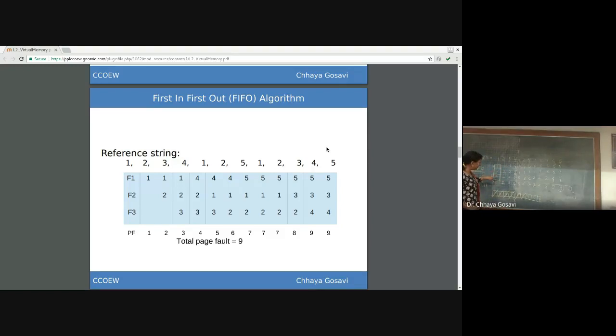Frames are initially free, but still these are page faults because whenever memory is referred, the page was not found here. It has to be brought from secondary storage. That's why it is a page fault. When we find the page in main memory, like here, these are page hits. Second, 1 is already present, 2 is already present. So these are called page hits.